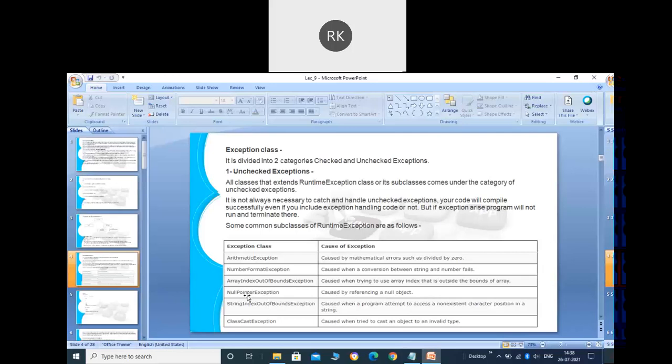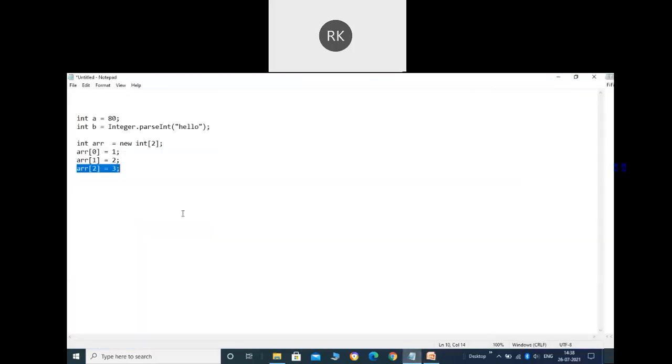Next we have the NullPointerException. So when will it be caused? Let's suppose I have a class like this, let's say Demo. All right, and somewhere else I have Demo d1. And let's suppose it also has some method, public void, let's say disp.